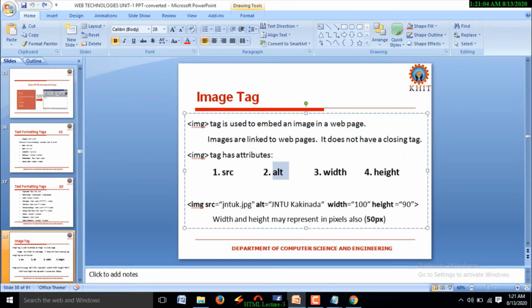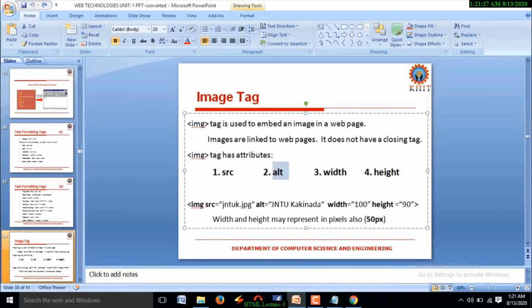If alternative text is not displayed, the end user may get confused. To avoid such confusion, instead of the image we place an alternative text. If the image is not loaded, then only the alternative text is displayed. If the image loads successfully, the alternative text does not appear.